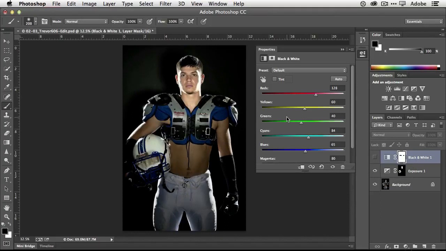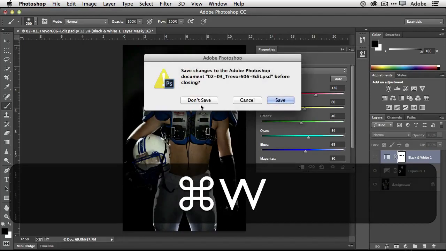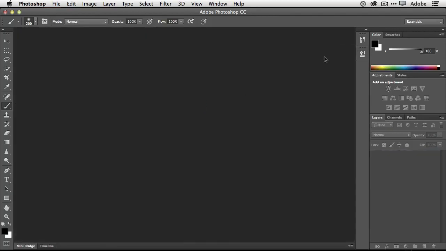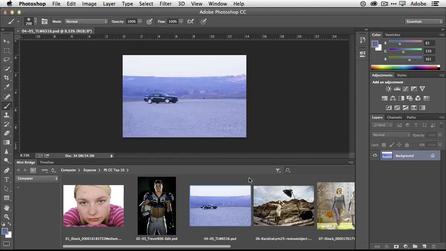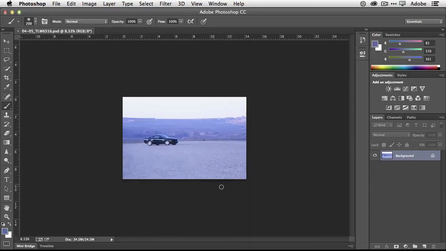So adjustment layers, working with masks, number 2, number 3. So what's number 4? Let's close this image and switch back to mini bridge, and let's grab this one. Number 4, believe it or not, the thing that people want to know how to do the most is crop